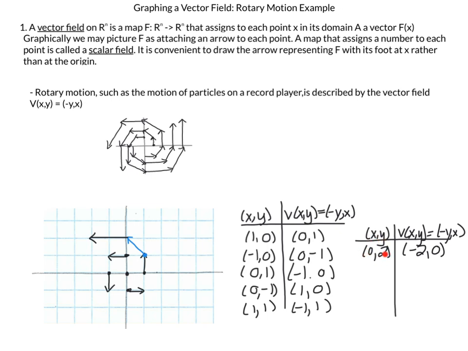0, negative 2. Now I'm going to take this point as my next starting point, which is the point negative 2, positive 2. So I'll have negative 2 in the x direction, positive 2 in the y, and what that will give me is negative 2, negative 2, right? The y becomes negative, the x stays the same. So this is my vector representing negative 2, 2, but I need to move it up to my point over